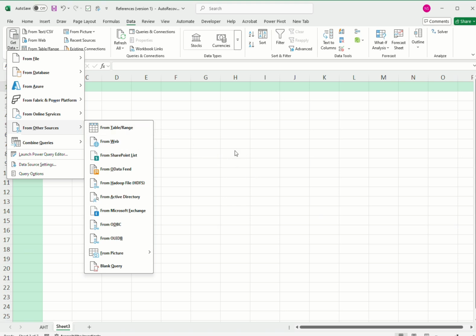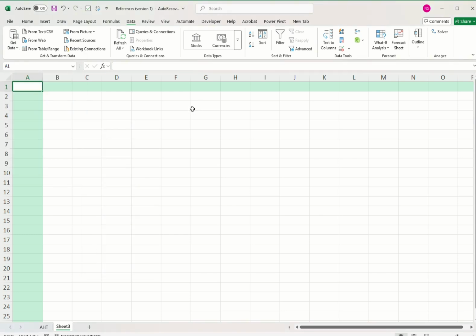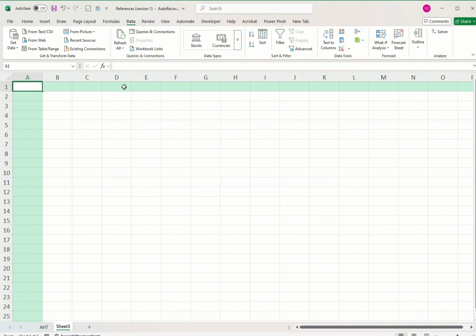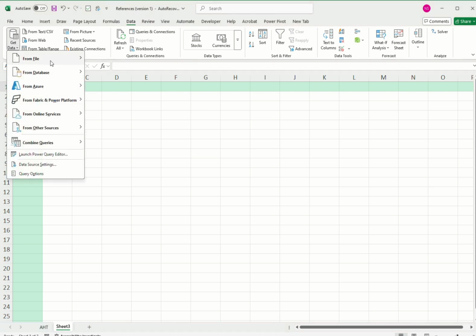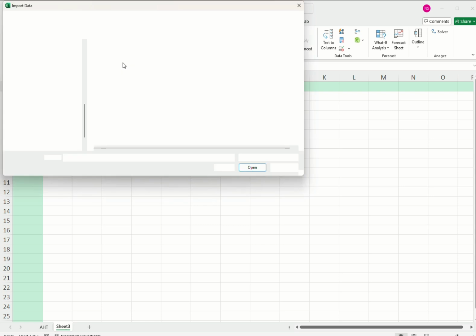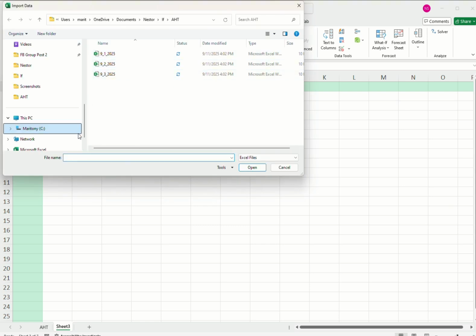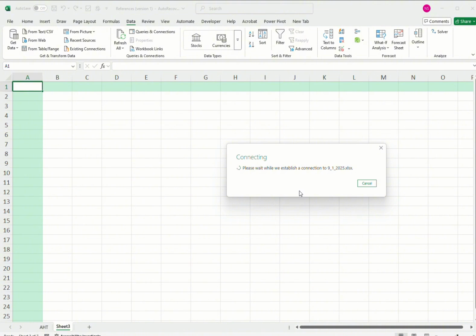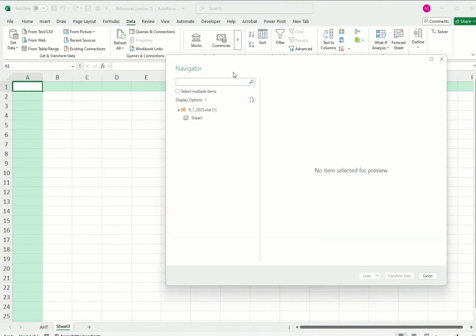In this example, we will try to get data from another file. So same nung file na ginamit natin kanina. So instead of using the workbook links, what I will do is click get data from file, from Excel workbook, and then hanapin mo lang yung folder kung nasaan yung mga file mo. In this example, I will select 9/1/2025, double click or click and then open,